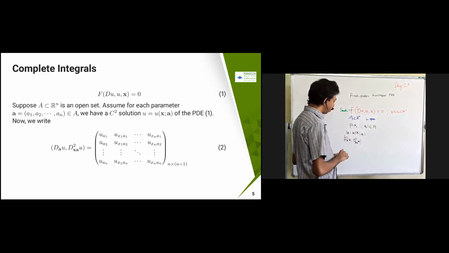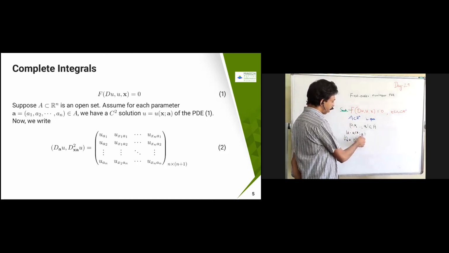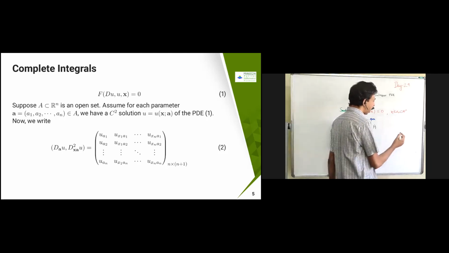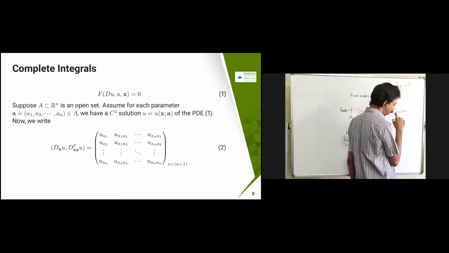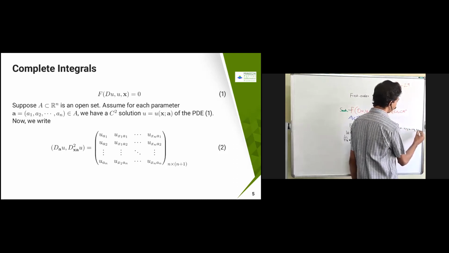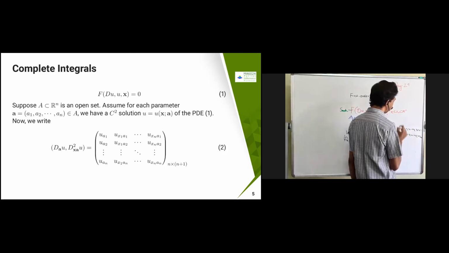So now what I am trying to do is that I have a parameter a. Your u is a function of the independent variable as well as some parameter. For example, in the variation of parameters for an ODE, you might know that u is going to be a1 y1 of x plus a2 y2 of x. These are the two parameters, two constants, and then you assume a1 of x into y1 of x plus a2 of x into y2 of x, and then you find a1 and a2. The same way here.